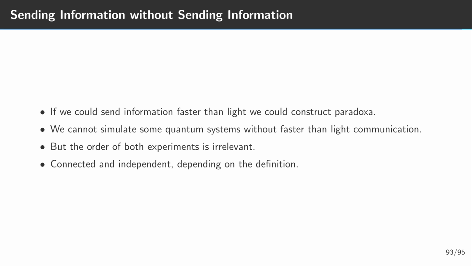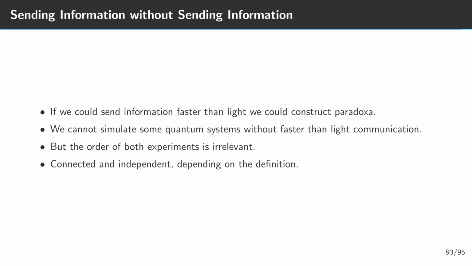And the key point is that whether we say QA to Alice and then say QB to Bob, or whether we say QB to Bob and then say QA to Alice, is irrelevant. In both cases, we get the same results with the same probabilities. The probability table stays the same. This means that quantum physics is still Lorentz invariant, because the Lorentz transformation will swap the order of both events, but the order is irrelevant.